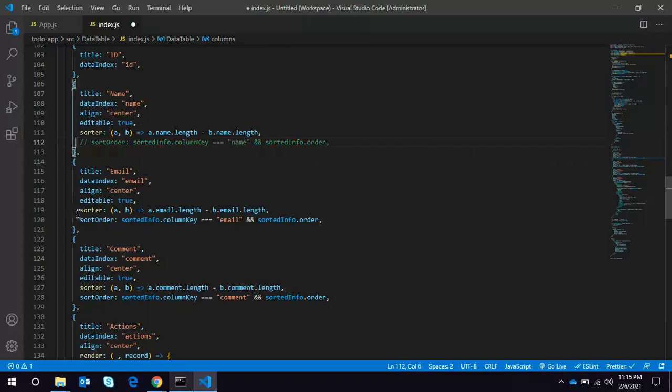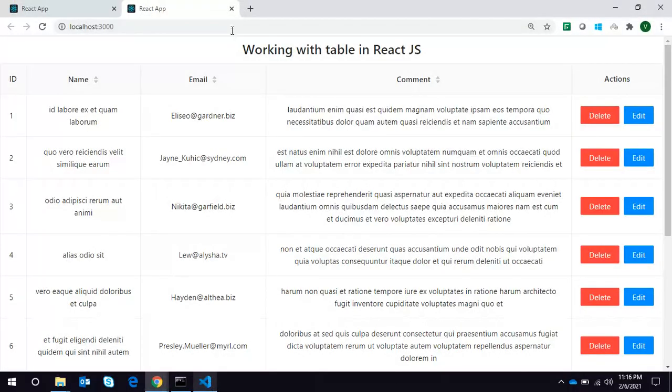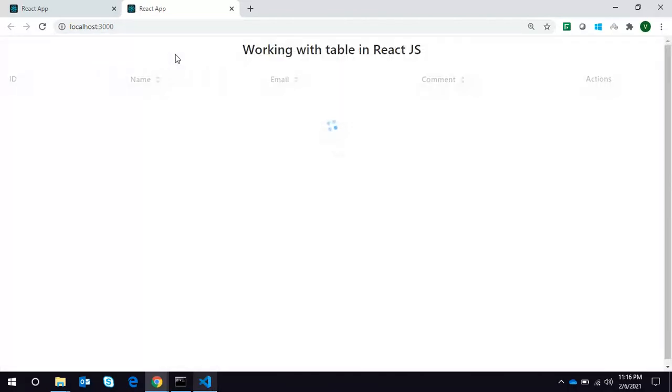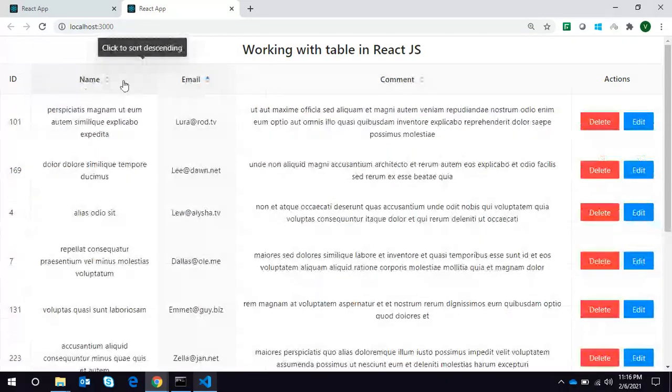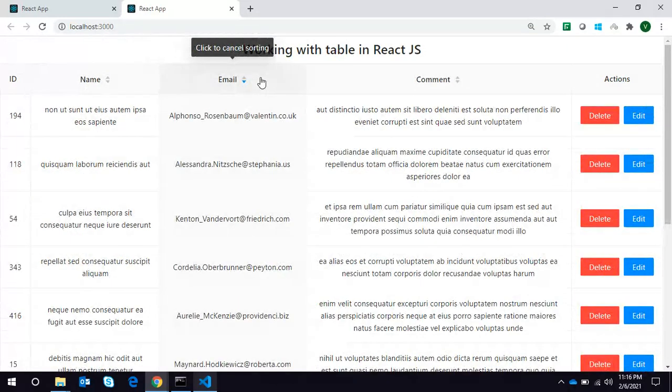For now, let's just comment this one out, because we have to write one helper function. Okay, it is working.